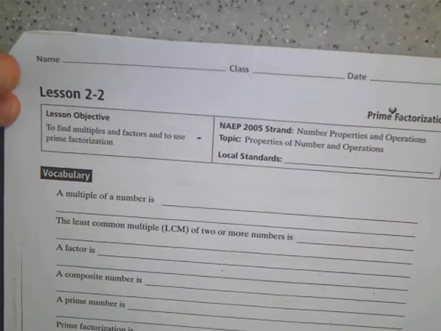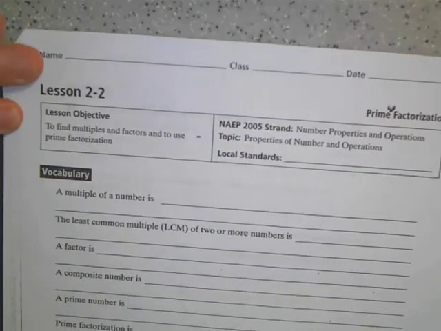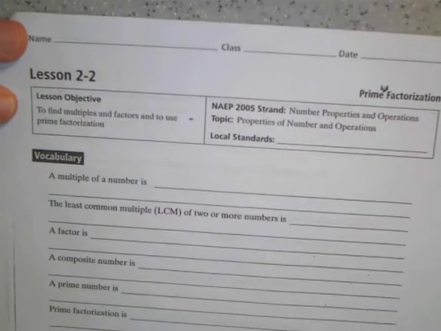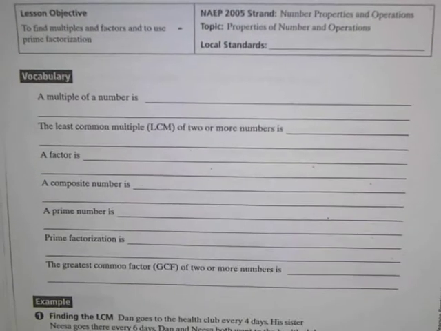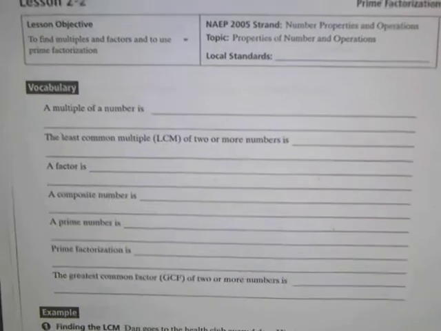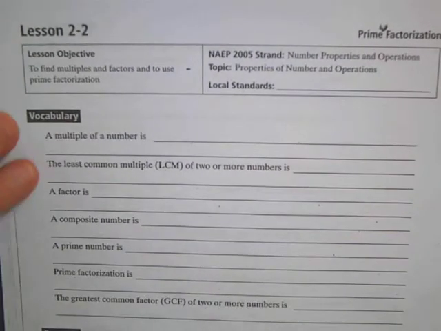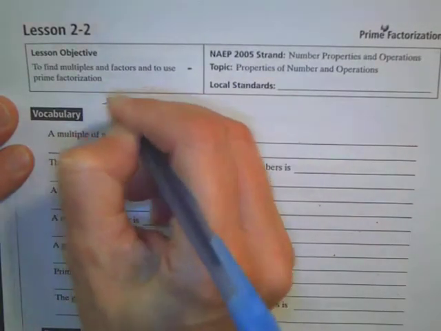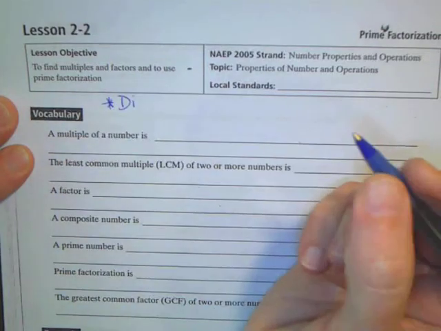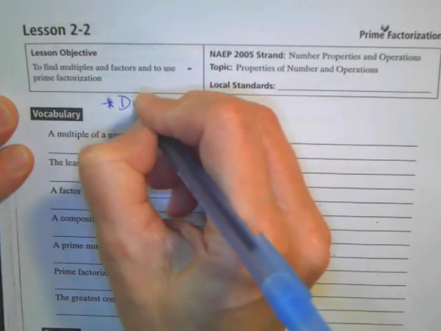This is for Course 2, 4th period, Lesson 2-2, Prime Factorization. In this lesson, we are going to find multiples and factors and also use prime factorization. We do have several definitions that we need to go over, and I'm also going to add a little bit of a note up here, and we'll review this in class as well, but divisibility rules